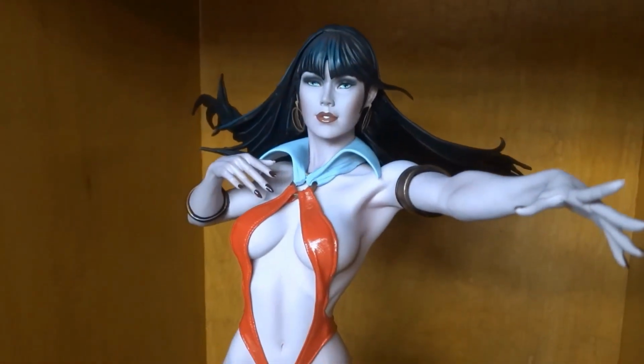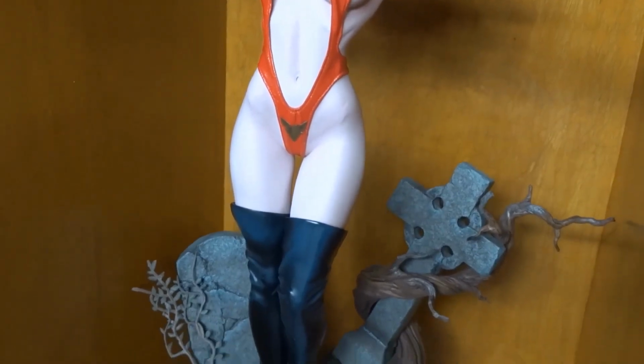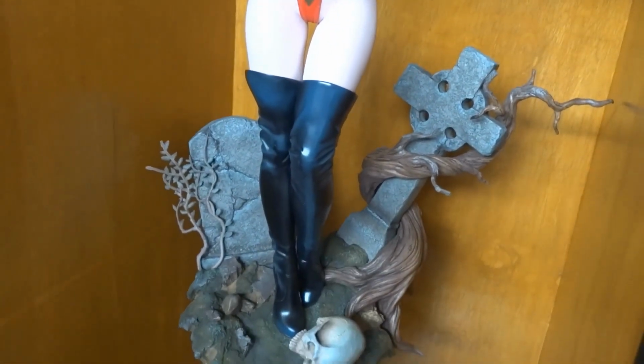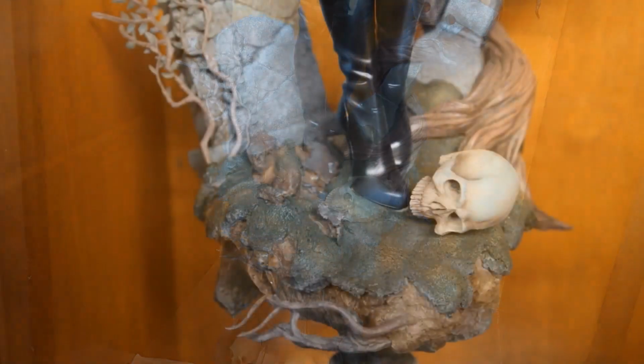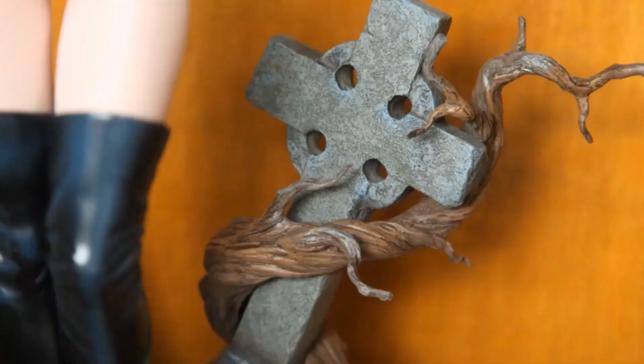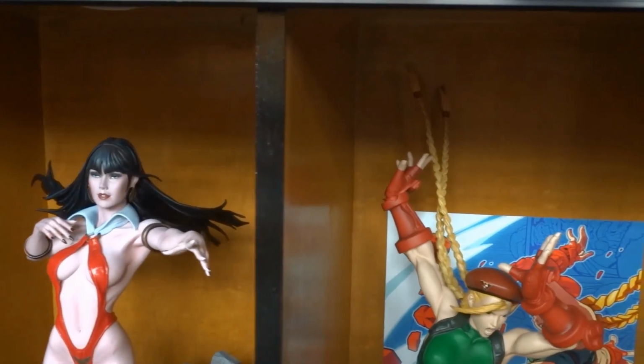Yeah, she definitely has one of the sexiest outfits. Okay, and yeah, we're looking at the base. The base is pretty solid also, but it's kind of scary because it's a little bit too narrow. But yeah, as long as you don't move it around. Okay, moving on to my